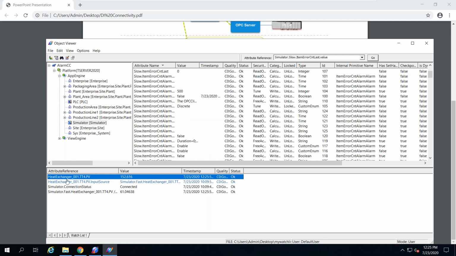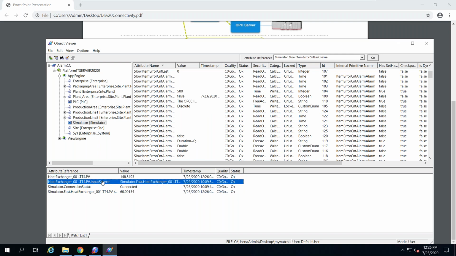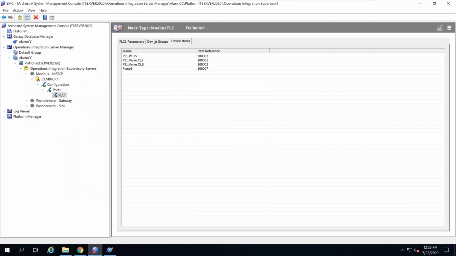So let's start with the object. If the object here is showing bad communication, this is quality. Let's see, is it connected to the simulator? Then I have to check my input source. My input source must have the name of the device integration object dot the name of the topic. Let's go here. The topic name, it must be, in my case,